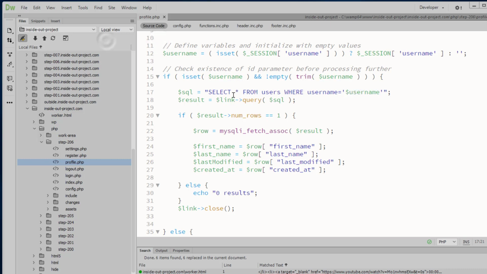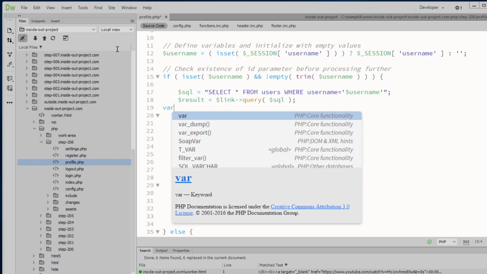If we wanted just the modification date, if we just wanted one or a couple columns, we could put them in here. But we want the full payload of information. We tell our link object to go ahead and run a query against the database using the SQL that we created, and it gets captured into this object,